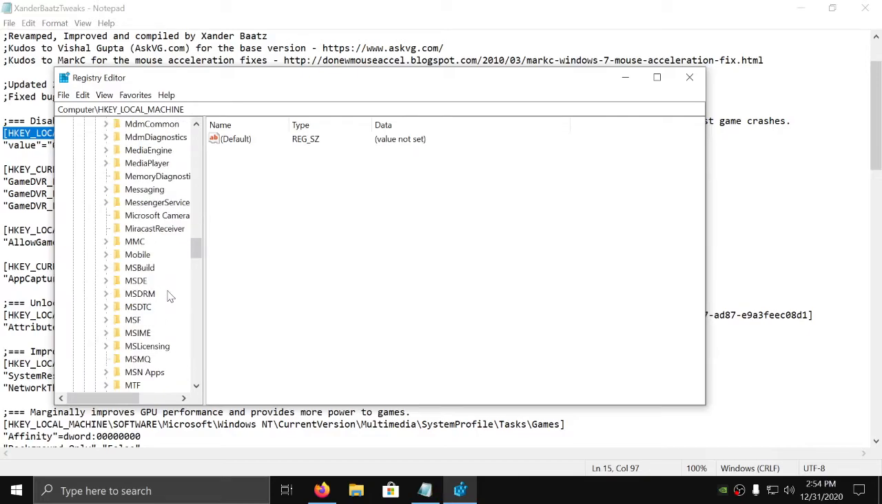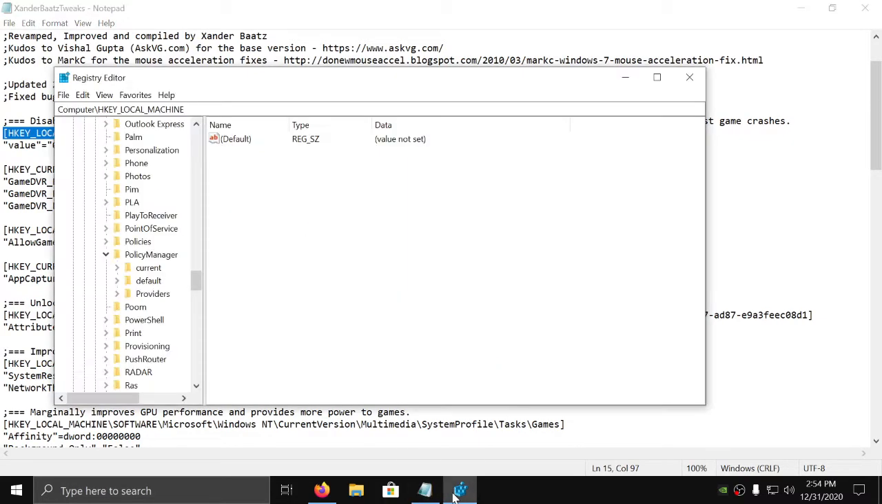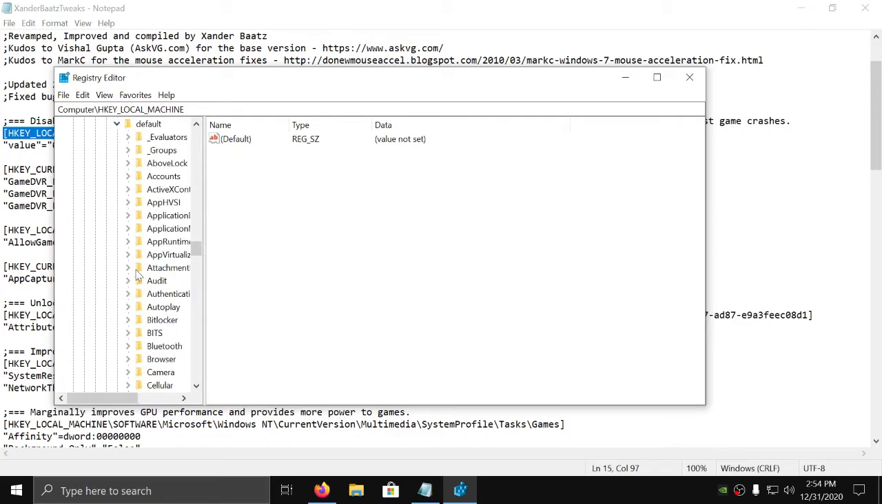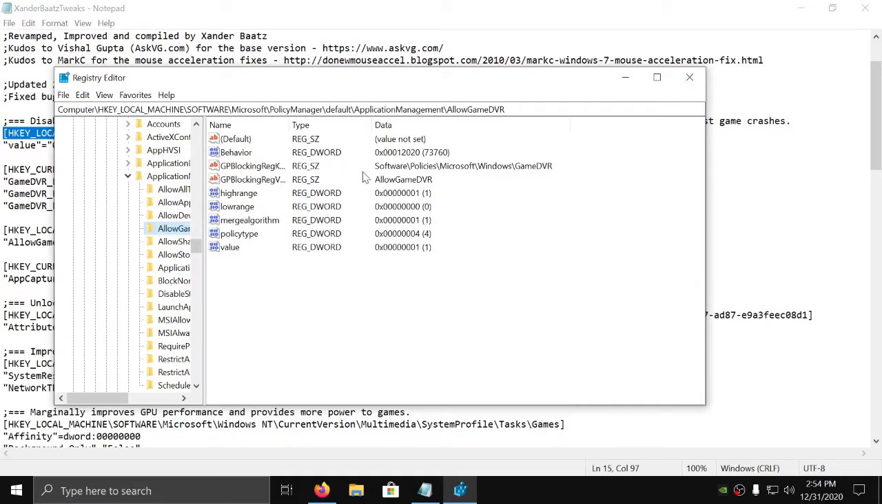Microsoft, go down to where it says Policy Manager. I'm doing most of the stuff pretty much without a script. So Policy Manager, then I think it's default, and then application management. Default, and then application management. Allow game DVR, then you want to hit